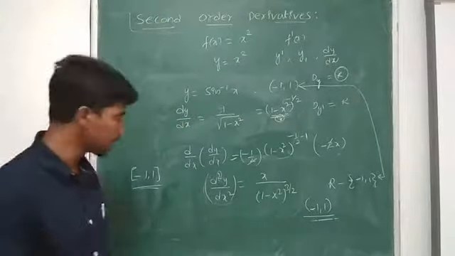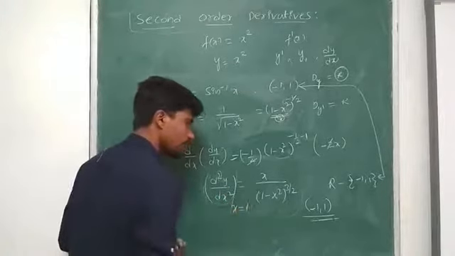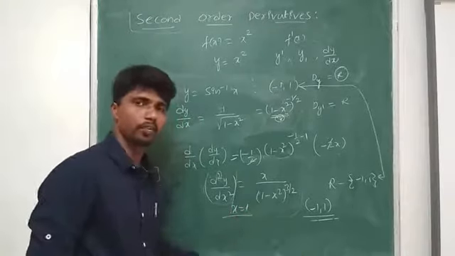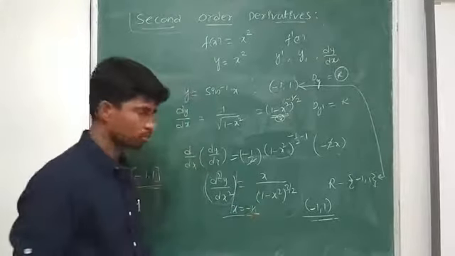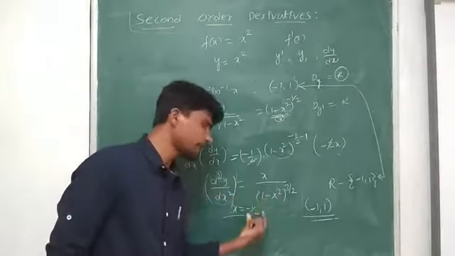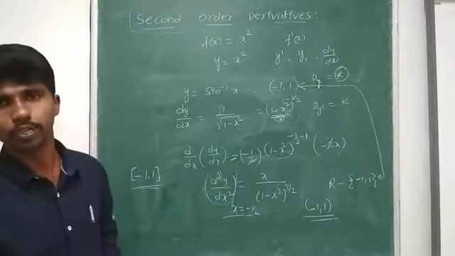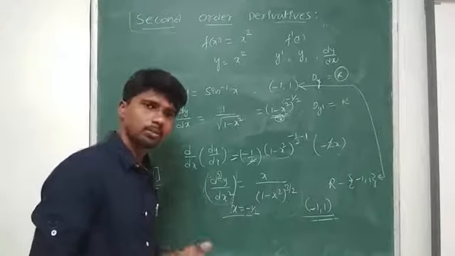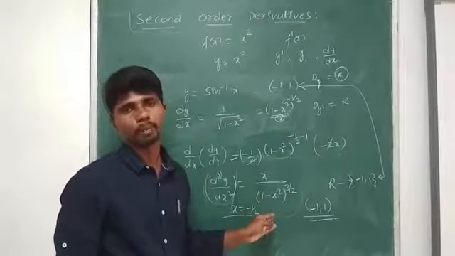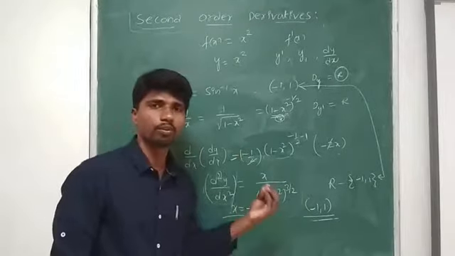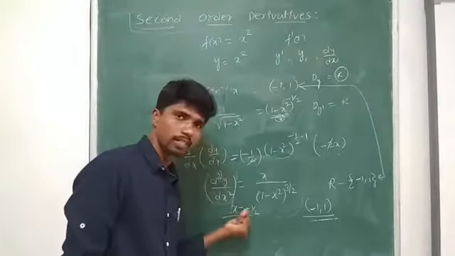If I want to find this derivative at some value, say at x is equal to 1, put x value 1. For x value 1 it does not exist. So take x value minus 1 by 2. Substitute the value of x as minus 1 by 2. Likewise, if they give a substitution, we have to substitute in these expressions. That gives the value of the derivative at x is equal to minus 1 by 2.